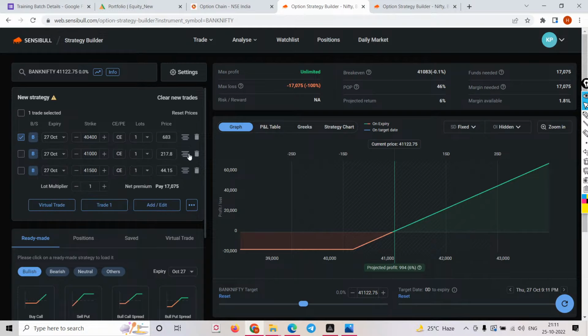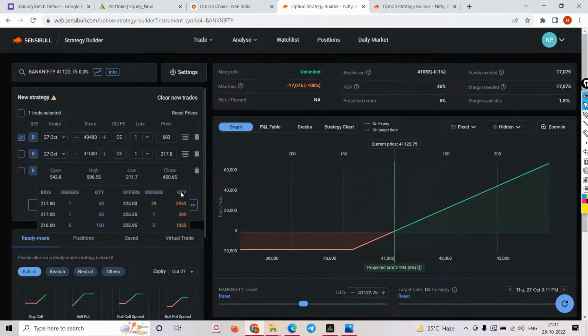Let me show you the bid and ask price for the at the money. Yeah, this is like 225 less, 17 and 25, maybe 7 to 8 rupees. You have some good liquidity. Check the liquidity. There is not much of a huge difference between the bid and ask, though you have the difference.